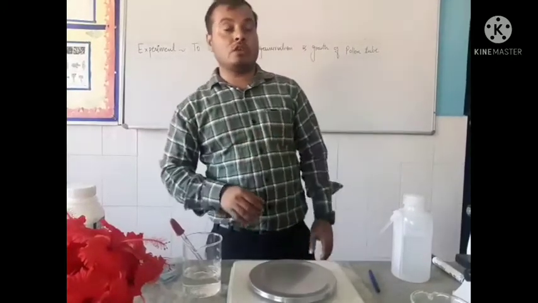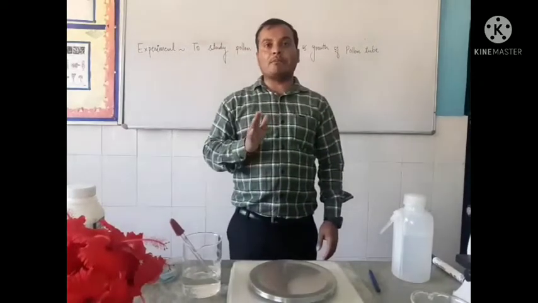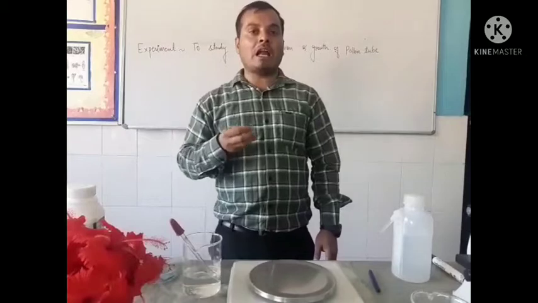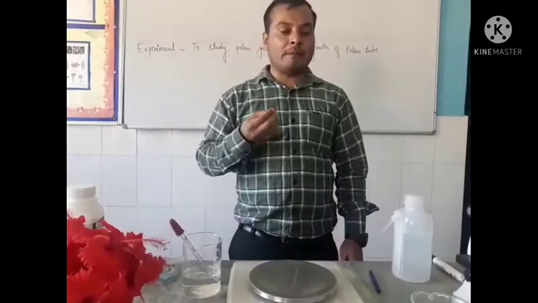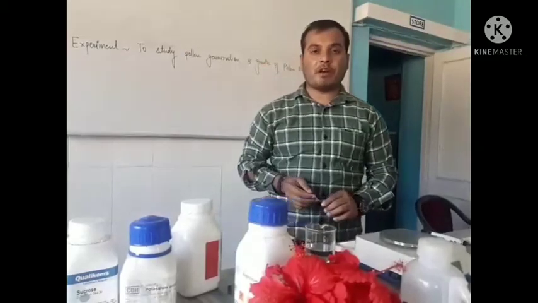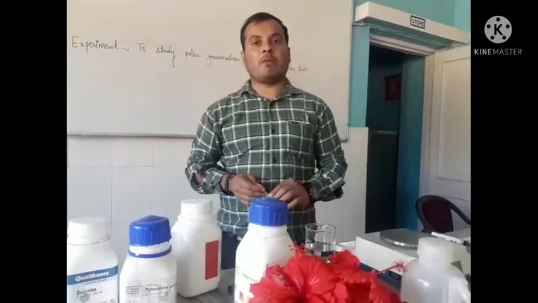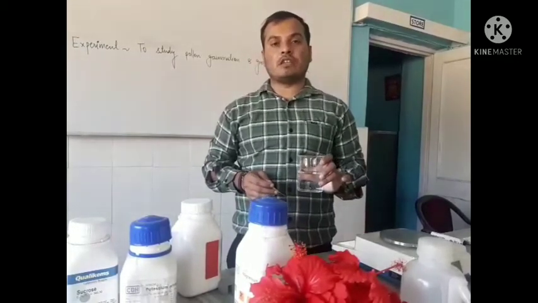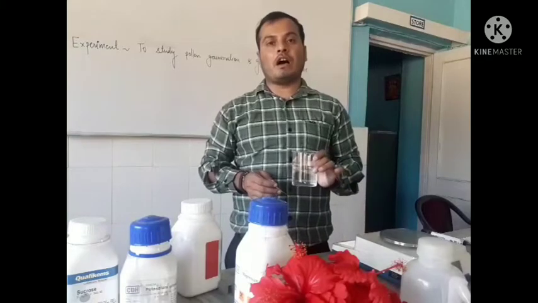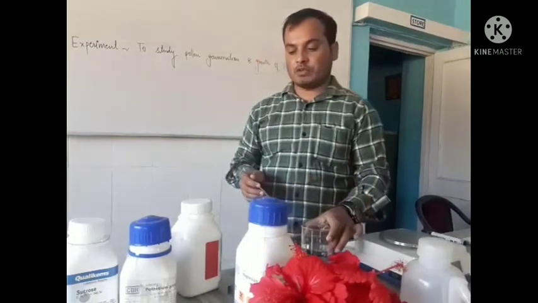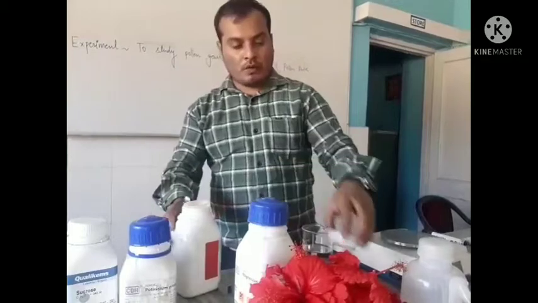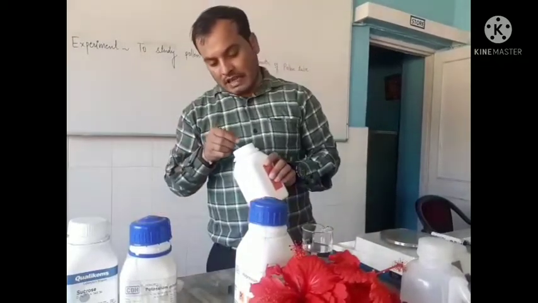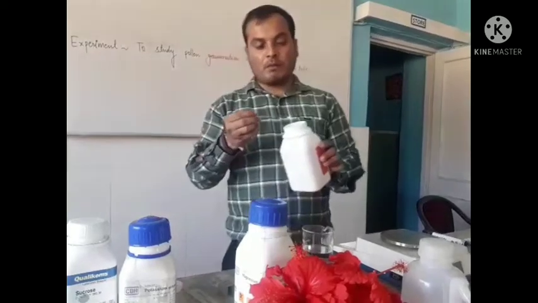Pollen germination solution means a nutrient medium in which pollen grains germinate and pollen tube growth takes place. The next step for pollen germination and pollen tube growth is formation of a nutrient solution, or formation of a pollen germination solution. So dear students, for making pollen germination solution, we have to take 10 gram of boric acid